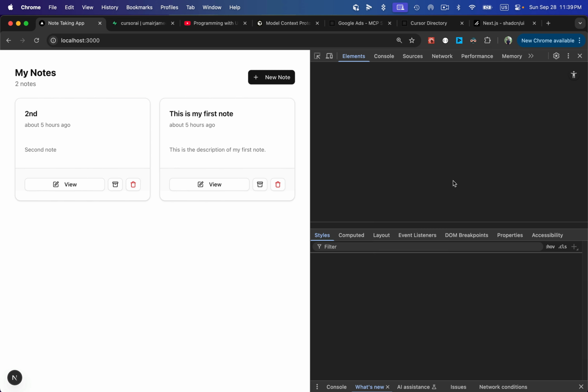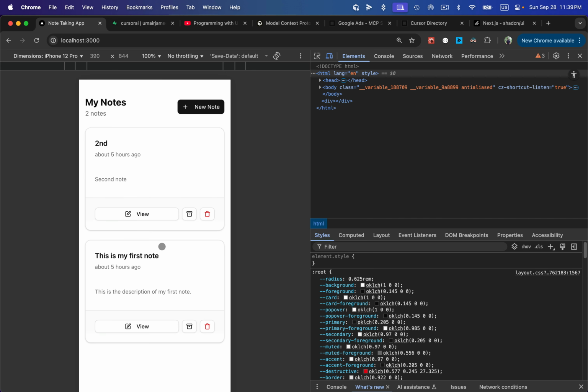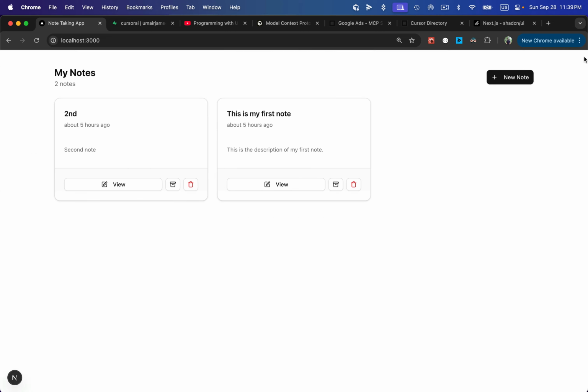Let's see if it's mobile responsive or not. Okay, it's mobile responsive as well. I didn't ask it to create a mobile responsive design, but it still is mobile responsive. Archive is working, delete is working. So the thing is that rather than actually spending time in this recording